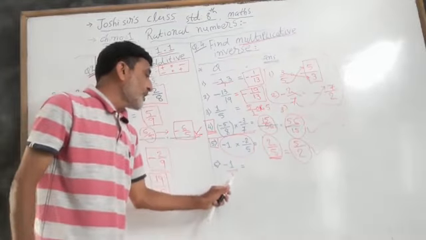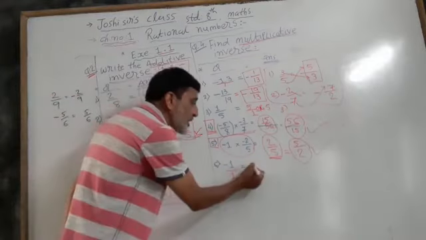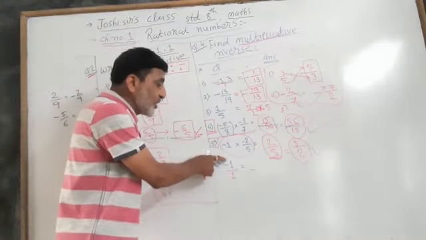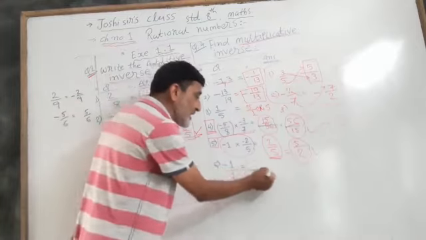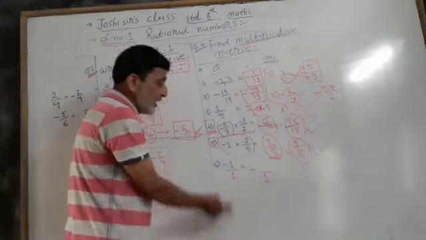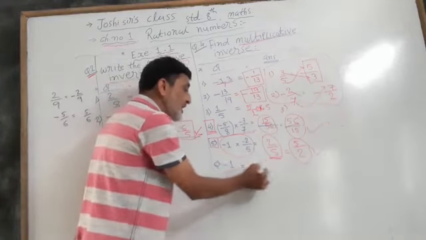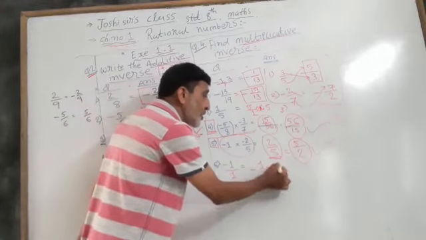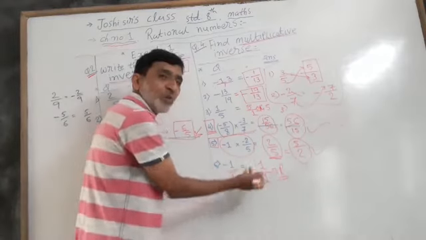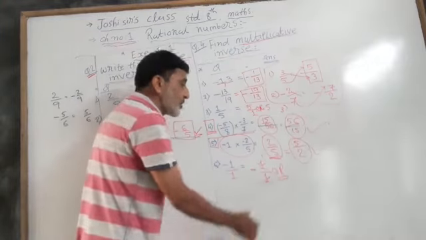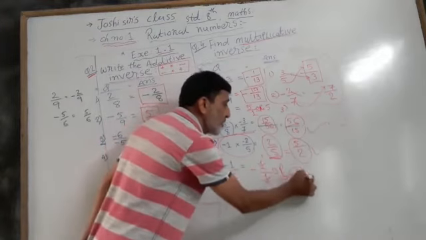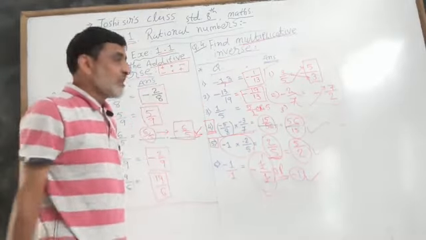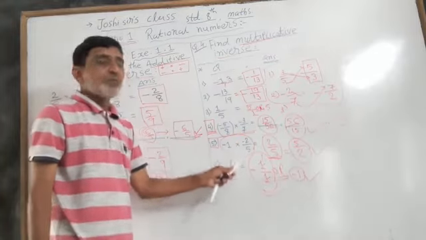So minus 1 upon 1 means the minus will stay here, the sign is not to be changed. What do we have to do? The 1 that is on top will go to the bottom, and the 1 at the bottom will come on top. That means the answer is minus 1 upon 1, or you can also write it this way: 1 upon 1 means you cut 1 1 ja 1, so minus 1. This is also right and this is also right. Okay, understand? See all this question one more time.